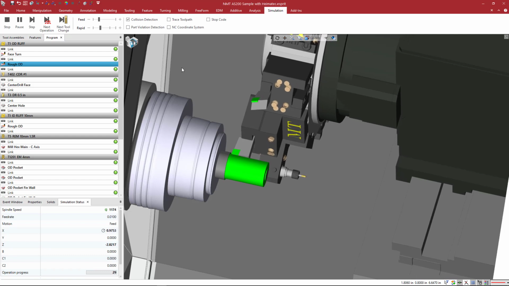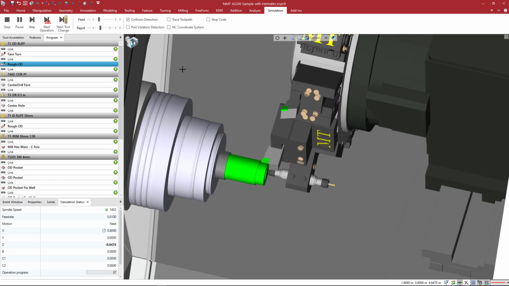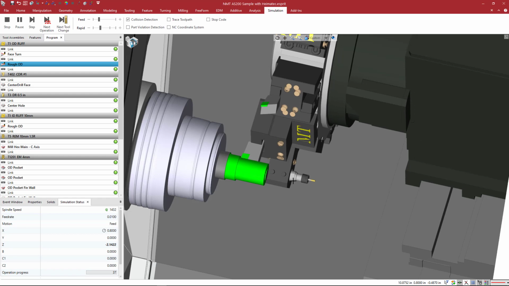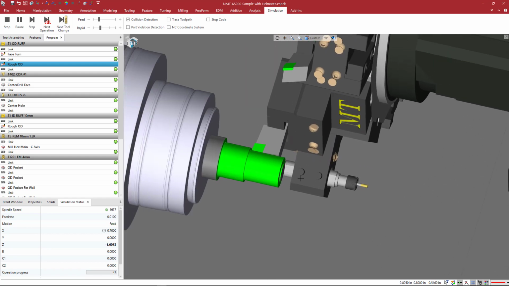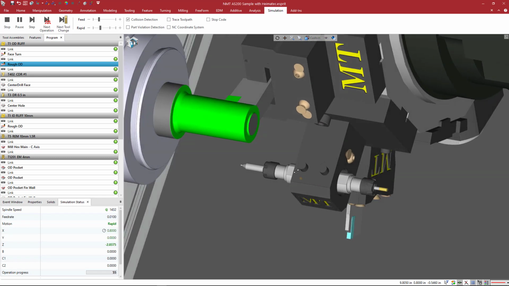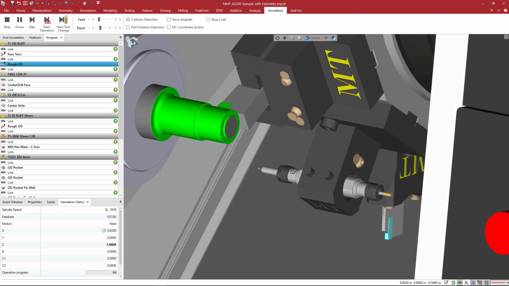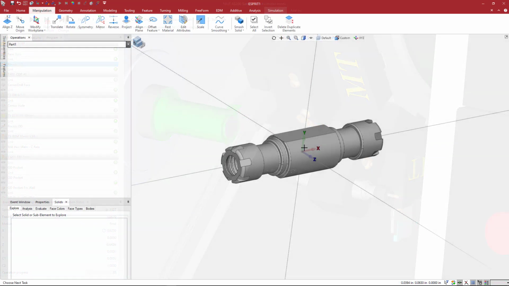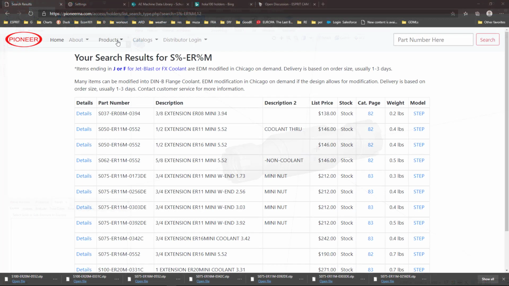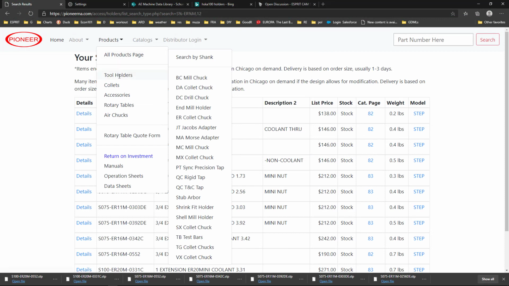Okay, we want to create a GDML simulation solid for this double-ended collet holder that looks like it's going to fit inside of a lathe sleeved holder for a turret. And when it comes in, this is a product from Pioneer Tooling. And if you wanted to follow along, you can go to their website and directly download the step file for